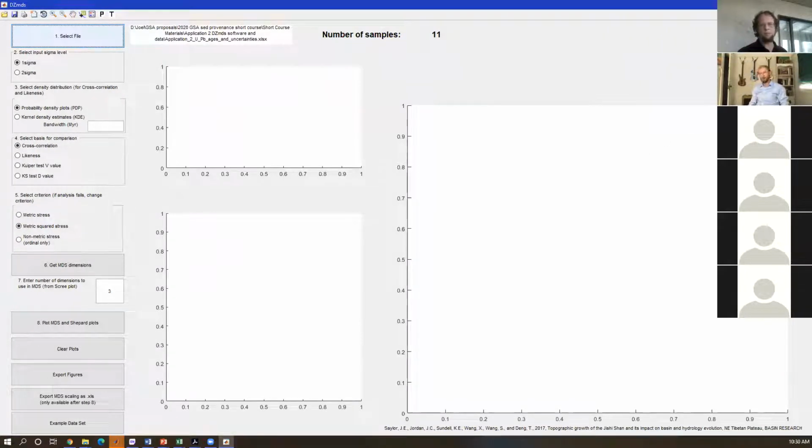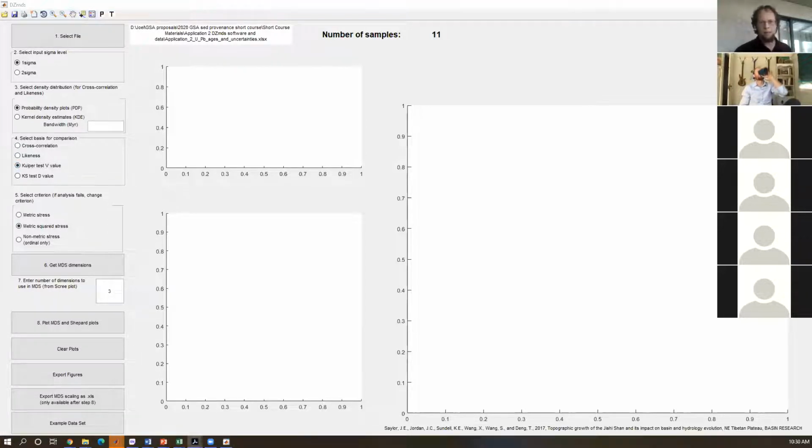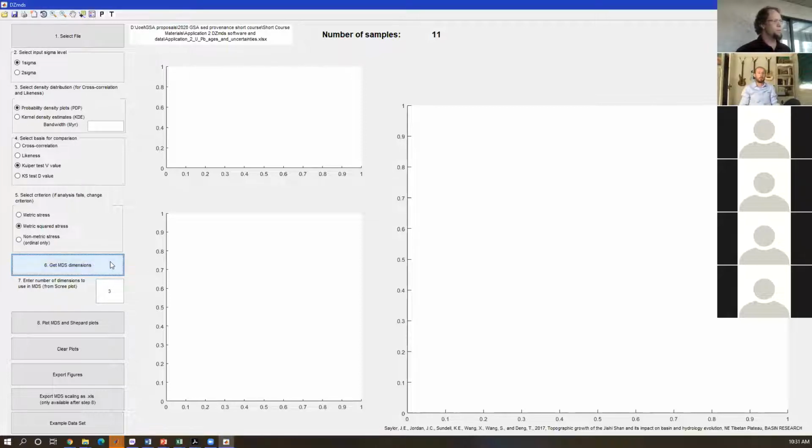The input uncertainty is 1 sigma, but it doesn't really matter because we're going to be using the V value. And again, this doesn't really matter either because we're using the V value, and so we're not dealing with probability density plots or kernel density estimates. We're going to be using the metric squared stress, so we'll leave that as it is. We can get the MDS dimensions, and it'll walk through. Essentially, this is the stress value that we'll get for each of the dimensions